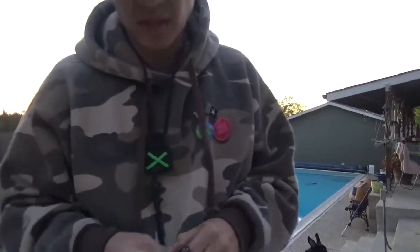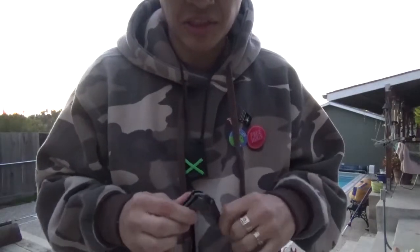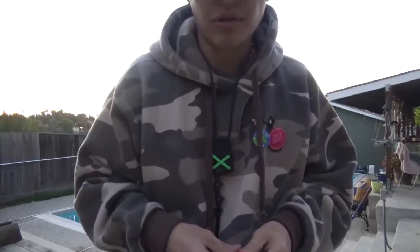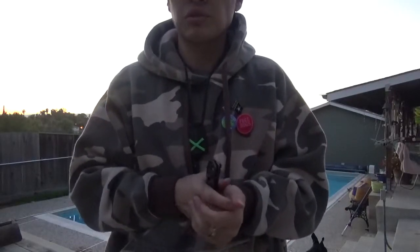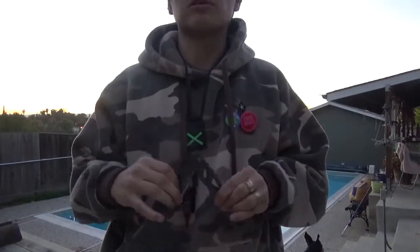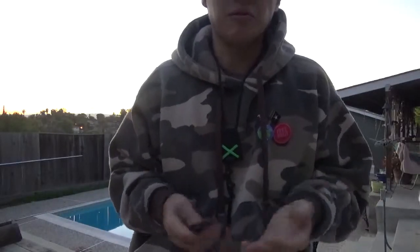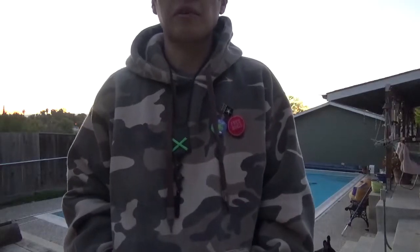Okay, the model number, which came off of Walmart, was 30-000670. Of course, you could find this on eBay, but brand new from a store like Blade HQ or something like that, there's nothing really good to find. It's really hard to find this for sale, because you type in Gerber Paraframe AO or assisted opener, and all you're finding is a whole bunch of Gerber Paraframe 1 and Gerber Paraframe 2,